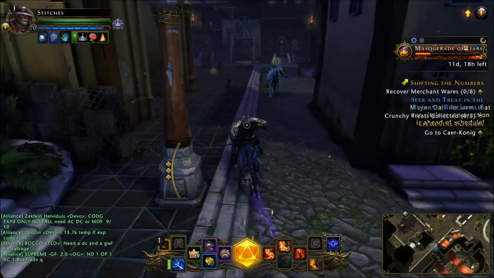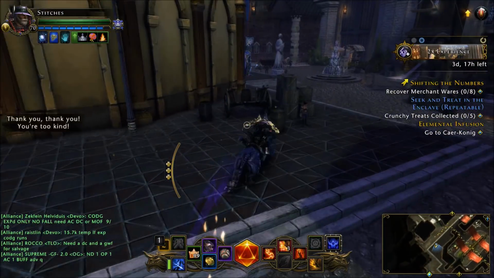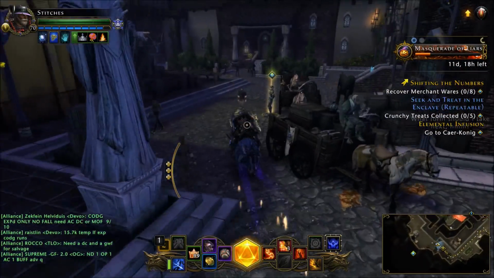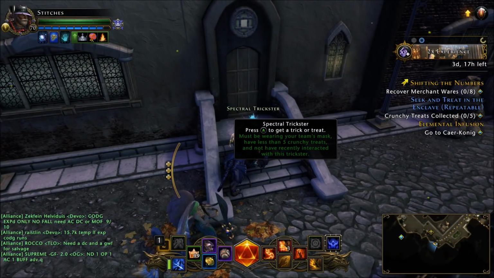For instance, we are in the enclave right now. The jungle one is the port map. Karun Kog is the cold map. And then the underdark is Mantal Dareth. So you're going to run around the enclave or whatever map you're doing, and you're going to look for these